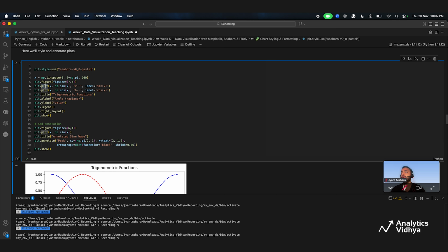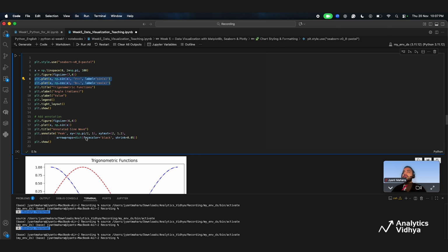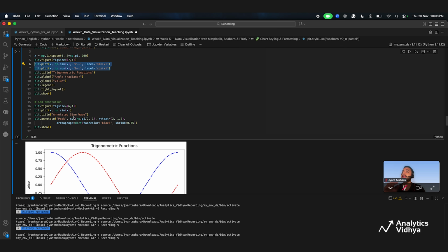I can plot a line chart, one on top of the other. You see, 2 line charts, sine and cosine. You see the sine curve and cosine. So I can plot 2 charts on one chart also. Sometimes you have to compare sales in Germany versus sales in France, right? So I can do that also in the same chart,